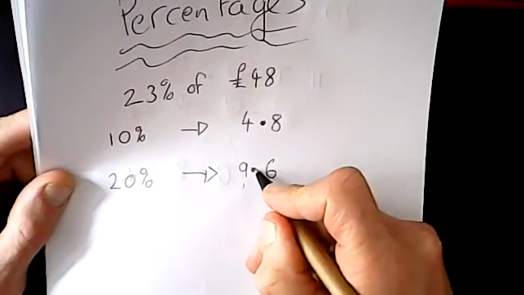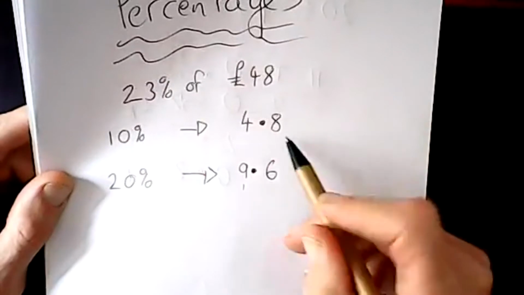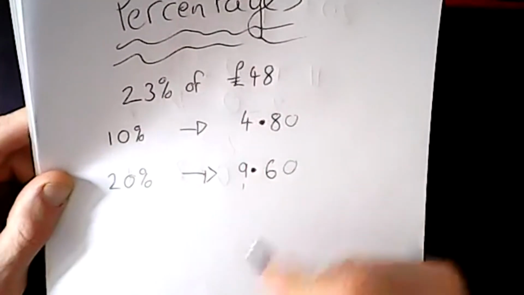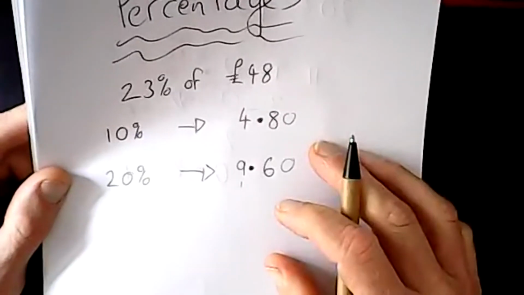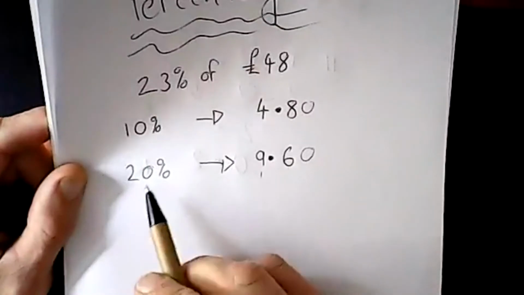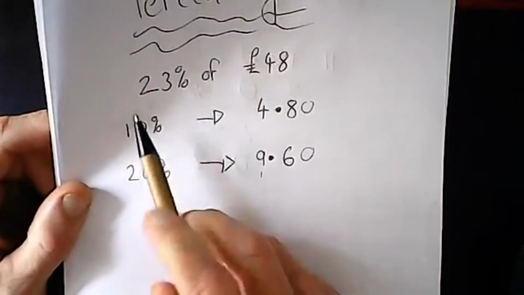And if ever you get a bit confused about decimals, always think about them as being the same as pounds and pence. £4.80 doubled is £9.60. It makes it so much easier. Right, okay, so we're getting close now. So we need